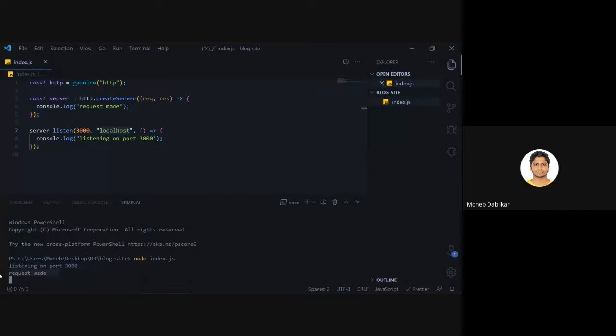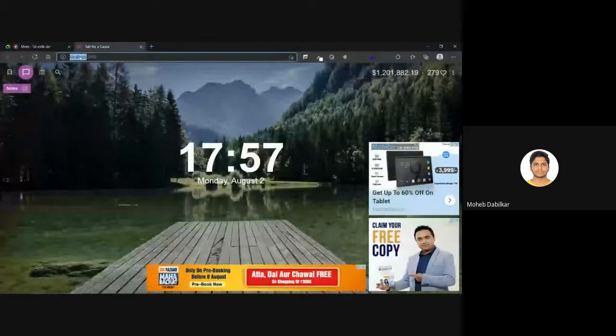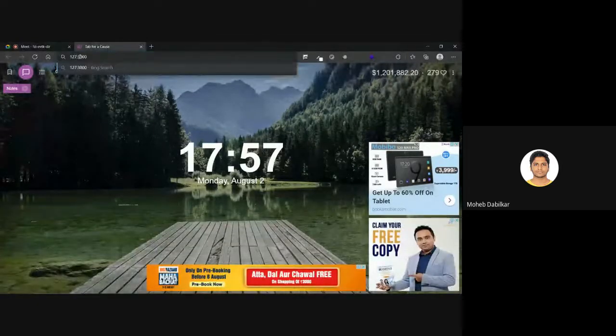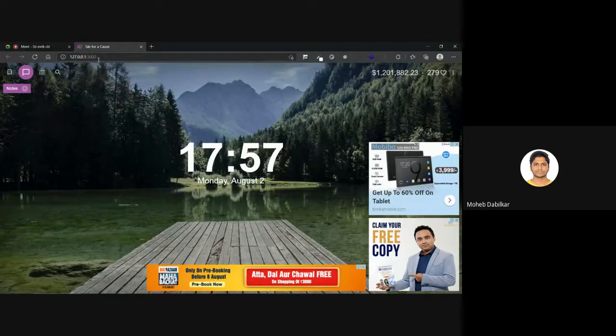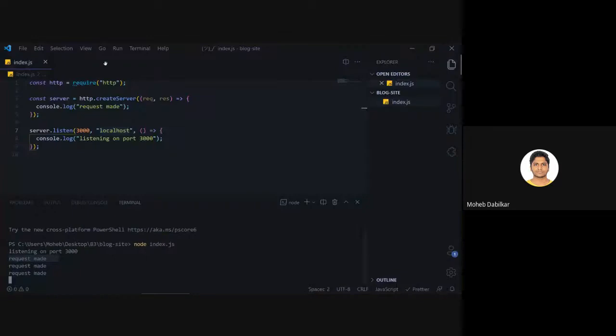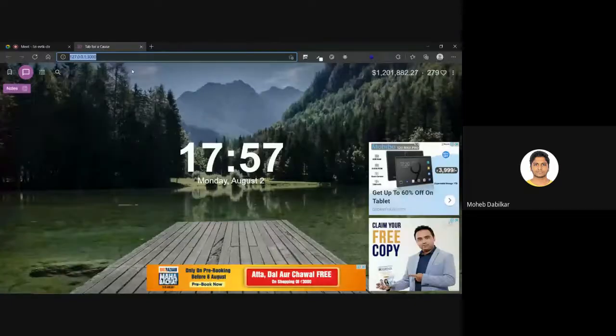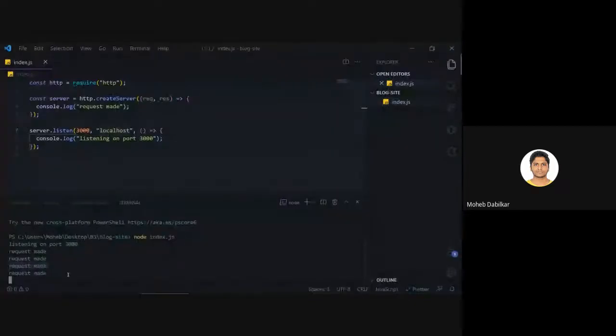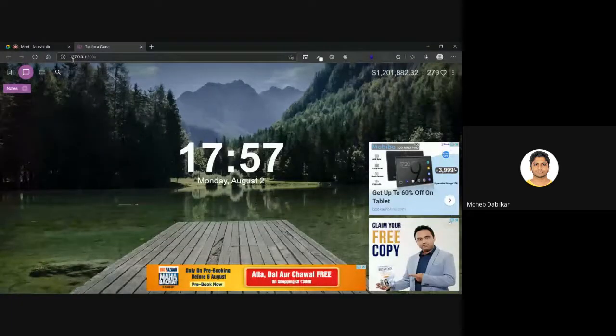Yeah, it says request made. Apart from saying localhost only, you can say 127.0.0.1:3000, and it still should say request made. Every time I hit enter over here, it adds a request made over here. So your localhost is this host, and it is only accessible on this port.